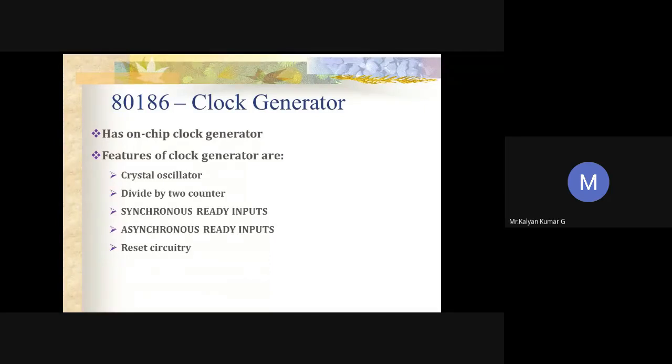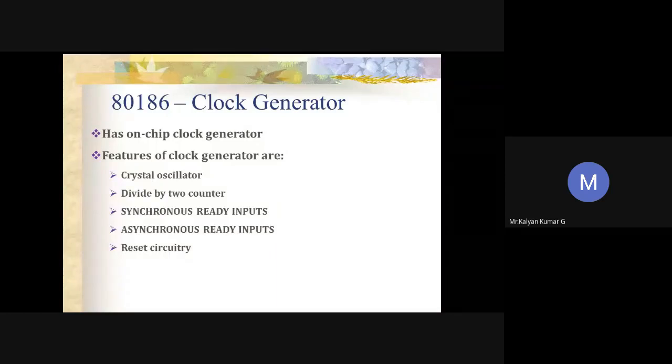Okay, fine. The duty cycle of 8086 is 33%. But if we compare here, the 80186 clock provides a nearly 50% duty cycle processor clock. There is an option to divide the oscillator output by 2. That's why we use this divide by 2 counter, forming a symmetrical clock.